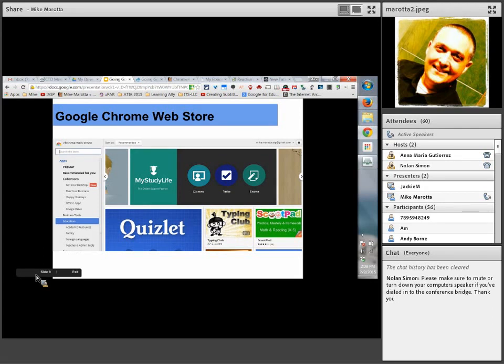And remember from our conversation last week, the idea of putting things in our browser. When we put tools or apps or extensions into our browser, we are actually attaching them to our Google profile so that those tools will follow us regardless of the device we are on. That's always important to remember too. Once we install it once and attach it to our profile, there it will live and it will follow us